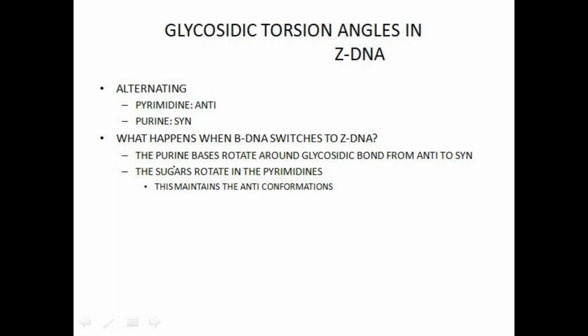Here, for example, B to Z. In the B to Z conformation, what is happening? The bases are rotating around the glycosidic bond, changing from anti-conformation to syn conformation, and that is changing the conformation of DNA. That means the stability of the nucleic acid structure mainly depends upon the glycosidic bond, sugar units, and the phosphate-sugar backbone also.